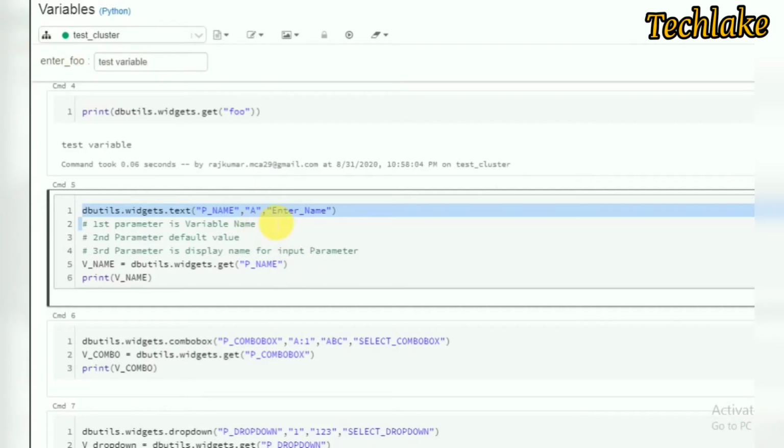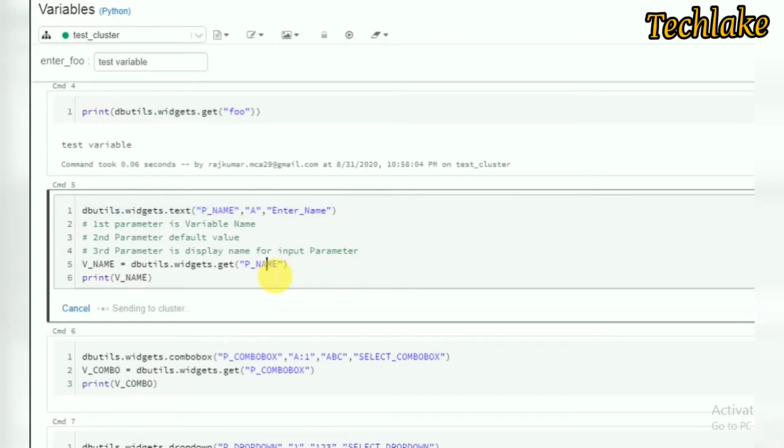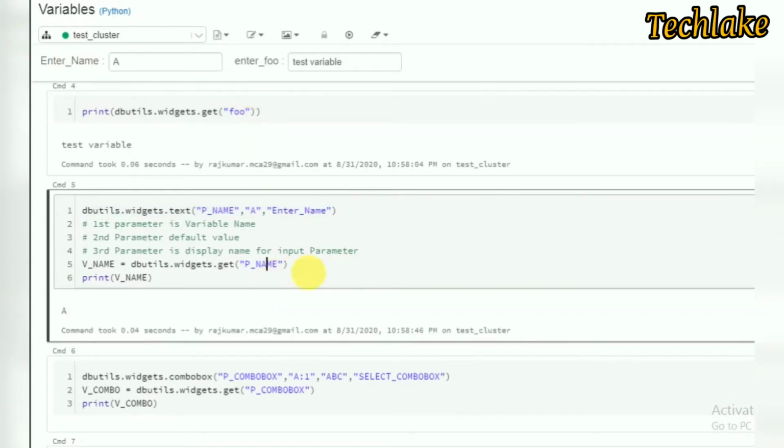Whenever you want to run manually, you may need to give some parameters instead of calling through ADF. Sometimes for testing we need to give some values. If you have multiple variables here, it is very difficult to identify which value we need to give to which variable. So it is better to identify based on the label name. Now I am running this and creating another widget. Here you can see the default value I gave is a, and it has taken a.